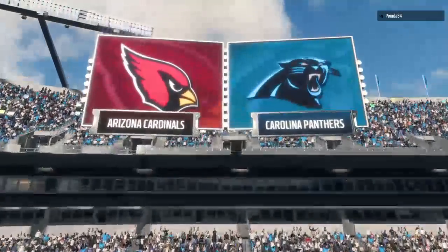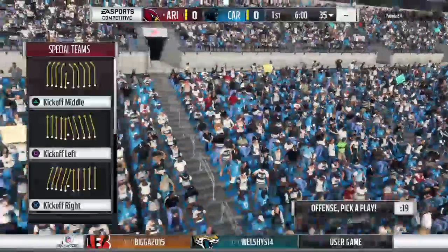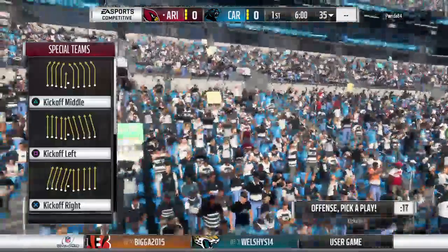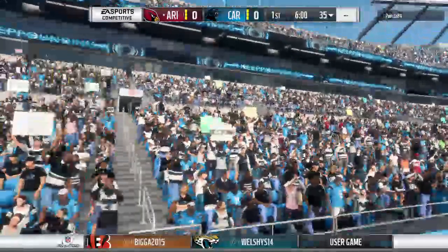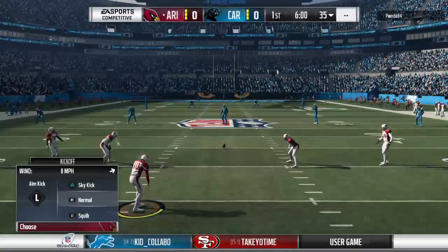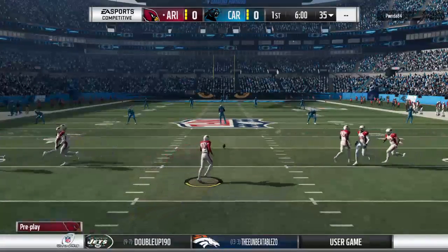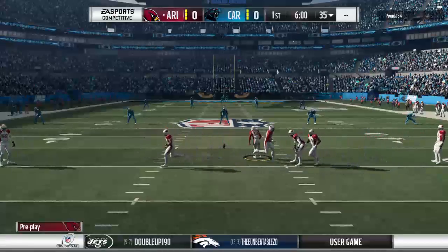We're on to the divisional round now. Two steps away from playing on the biggest place that the folks around here like to call the Vault, and that's Bank of America Stadium in Uptown Charlotte. Ahead, we'll decide the second entrant to next week's NFC title game, as we've got a great one in store between the Arizona Cardinals and the